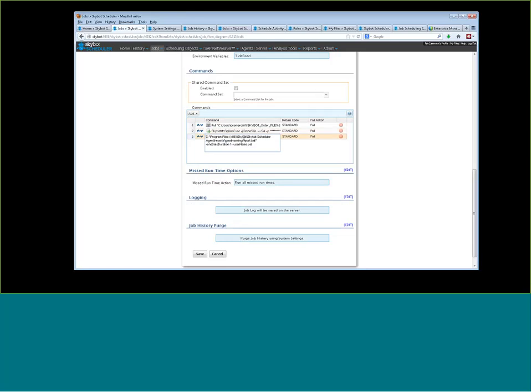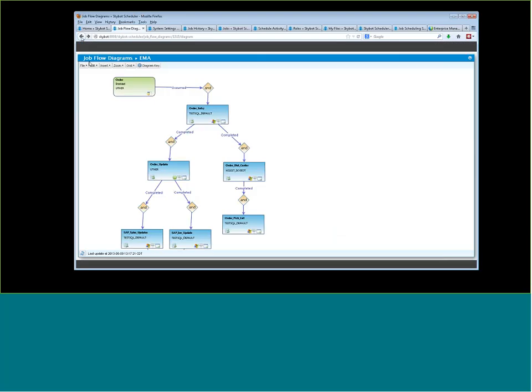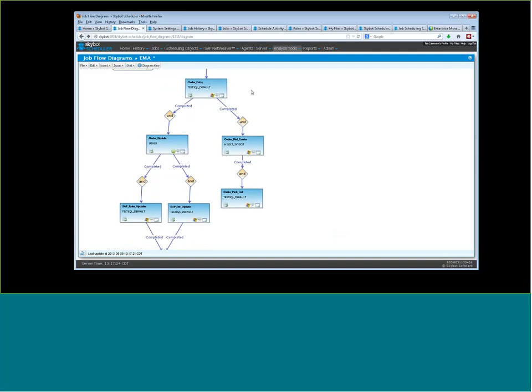And then when that completes, I've got a BAT file that I'm going to run. So this is just showing you that you can have a mix of different types of applications within one job, or within one job stream. So this job stream's got a couple different triggers on it. As soon as this order completes, then I want to send it to the distribution center, get that order out